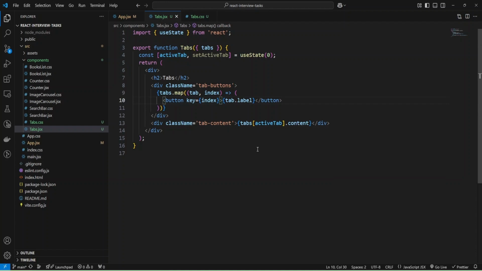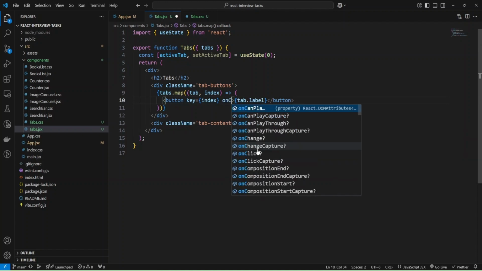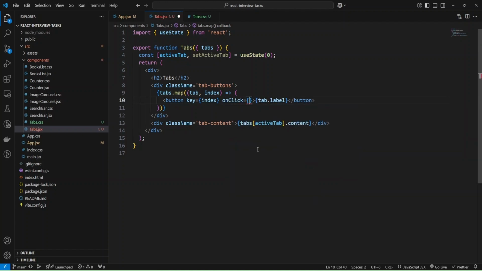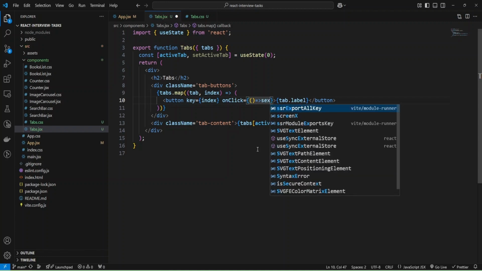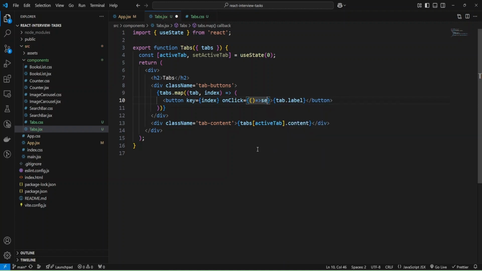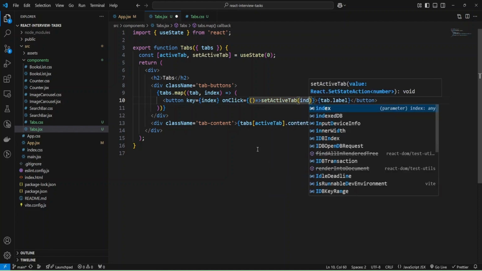And inside button I can add on click event, and add event handler. And on click I'm going to change active tab to set active tab to my index.